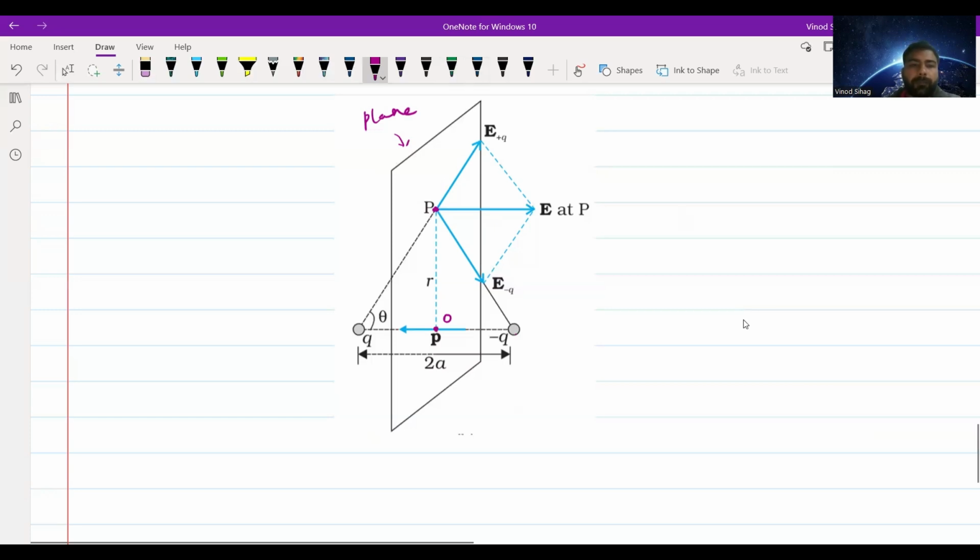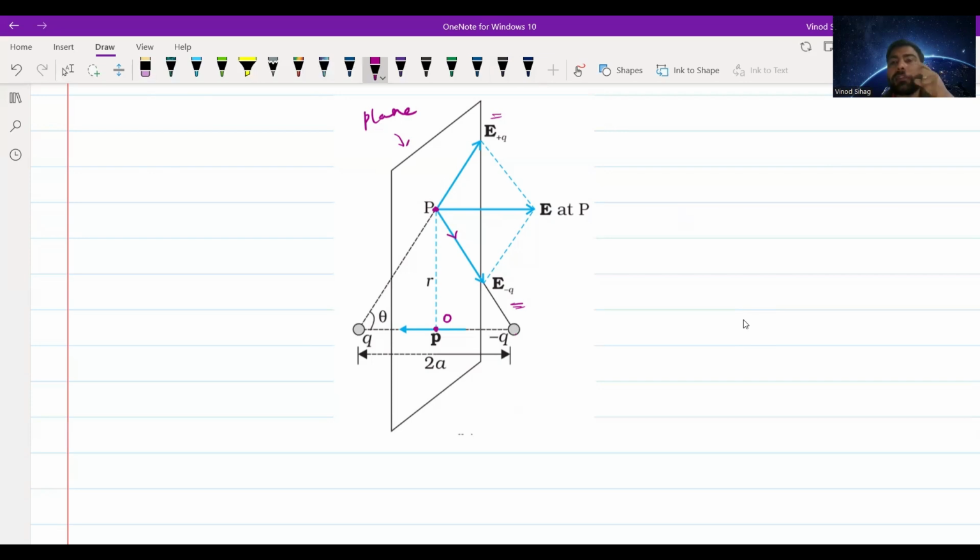अब यहाँ पे अपन फाइंड आउट करेंगे इलेक्ट्रिक फील्ड एट दिस पॉइंट P। एज वी नो दैट द इलेक्ट्रिक फील्ड ड्यू टू ए पॉजिटिव चार्ज से इलेक्ट्रिक फील्ड अवे फ्रॉम द चार्ज होता है। सो दिस इज द इलेक्ट्रिक फील्ड ड्यू टू पॉजिटिव चार्ज, E प्लस q, ये इस वाली डायरेक्शन में जाएगा। एंड द इलेक्ट्रिक फील्ड ड्यू टू नेगेटिव चार्ज जो माइनस q पॉइंट चार्ज हमने रखा है उसकी तरफ पॉइंट आउट करेगा। तो दिस इज द डायरेक्शन ऑफ E माइनस q, और दिस इज द डायरेक्शन ऑफ E प्लस q।